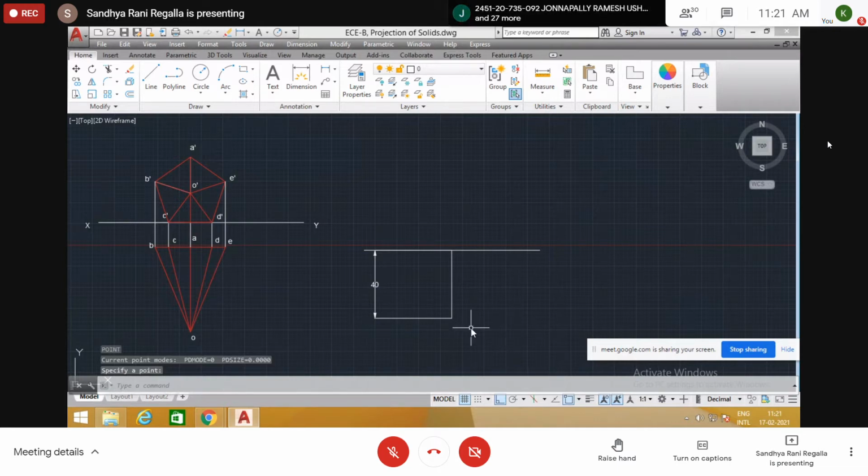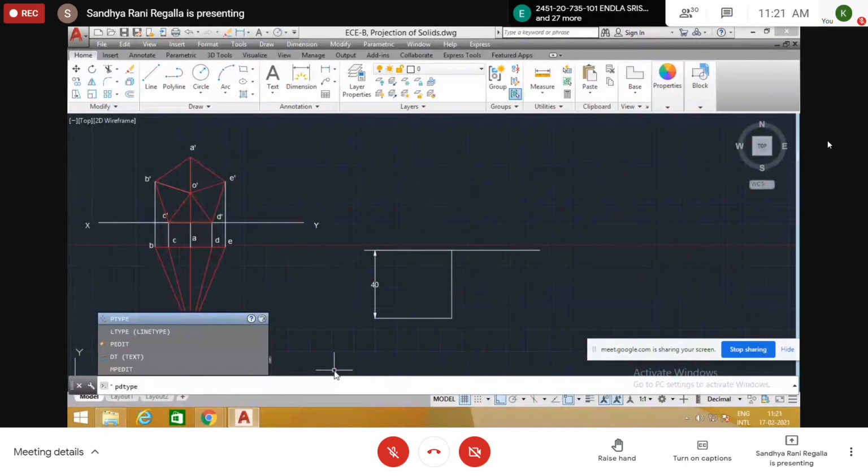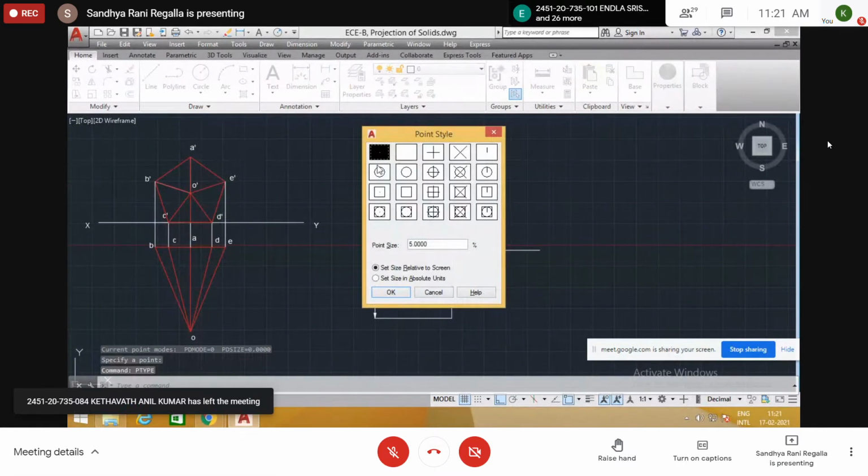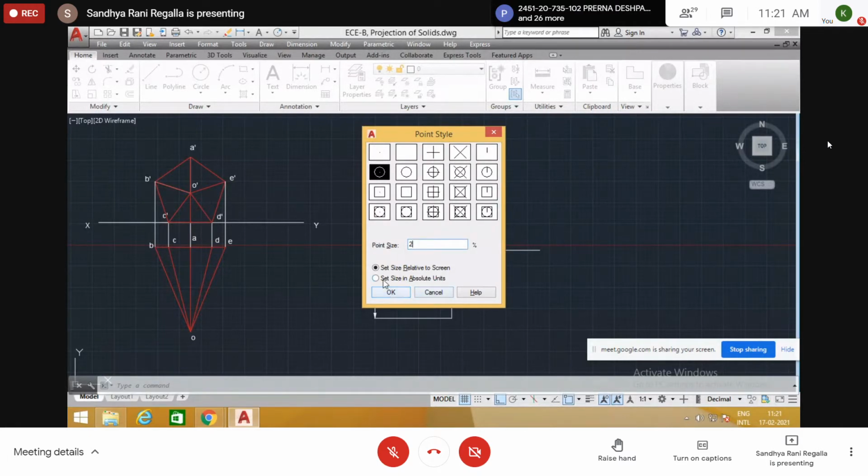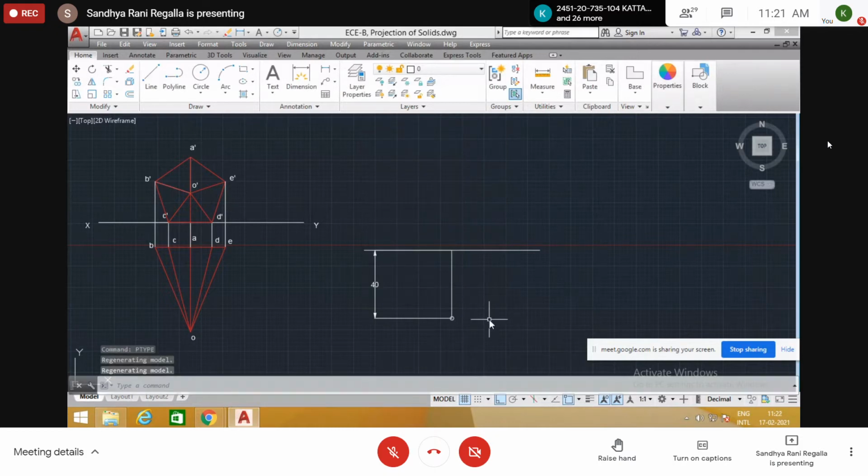Put one point here. Point also not visible. So go to PD type, not style. PD type. Enter. So the dot is there. If you give this, we are able to see. Give size as 2.